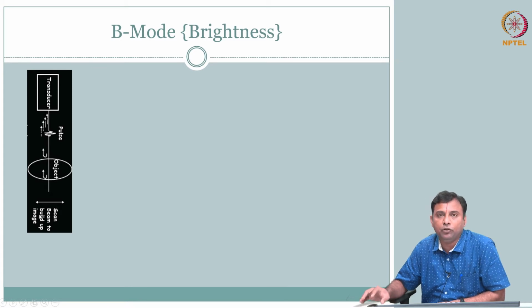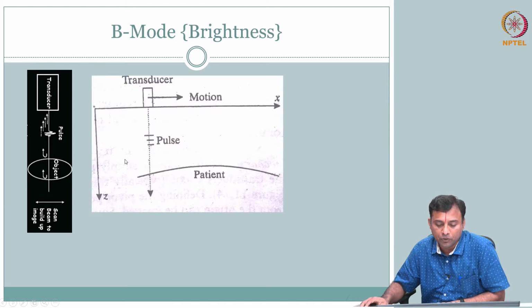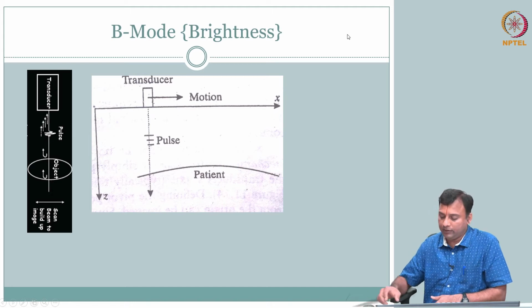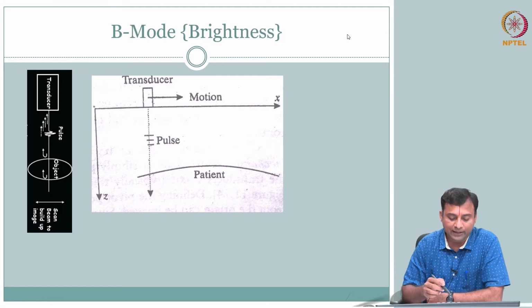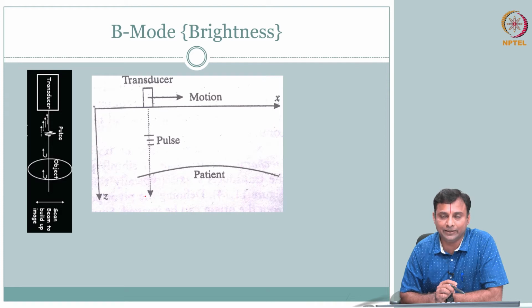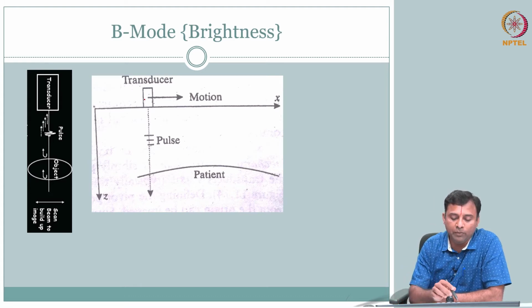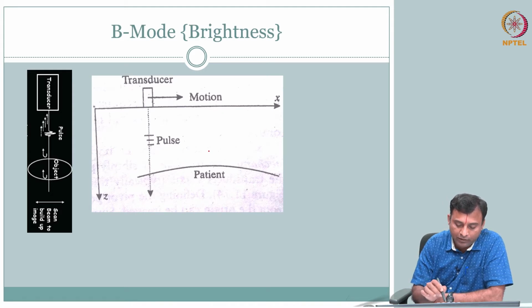So, I go left to right, I build my scan one line at a time, right. I build my scan one line at a time. So, I move the transducer. So, this is the pulse, right. So, for simplicity, this is what we put, but notice the challenge. If I want to do the scanning, this is how they used to do at the beginning. You have a transducer, how do I move this correctly so that it is registered, so I can get an image, right. So, your image, as you see, can be like this.